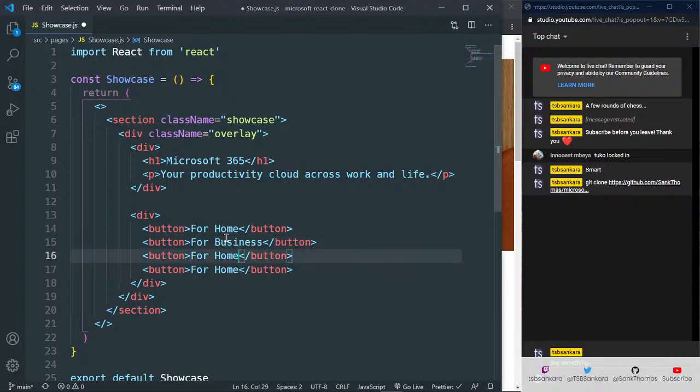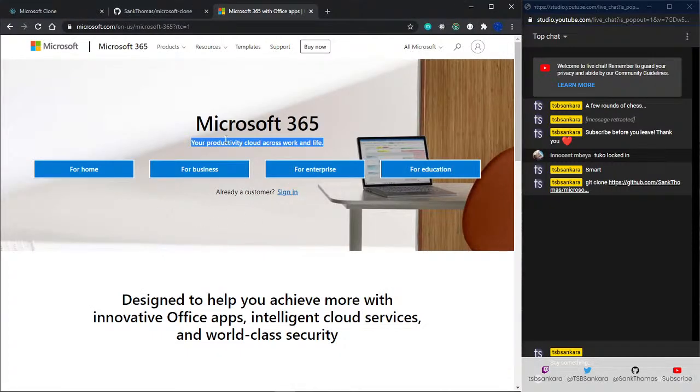Business, enterprise, education, like that. Now if you remember, while we were building the home page for this, we were using Tailwind CSS, which is very nice,